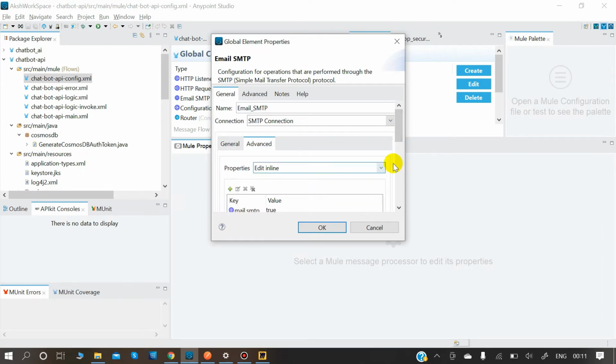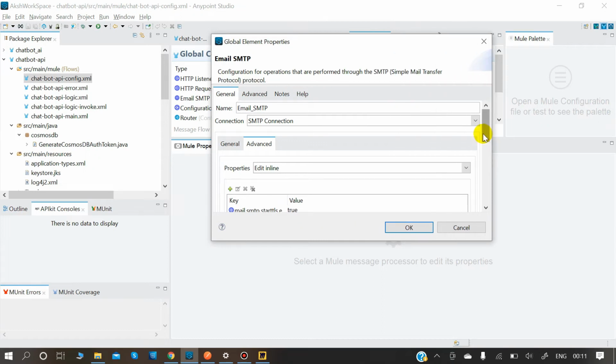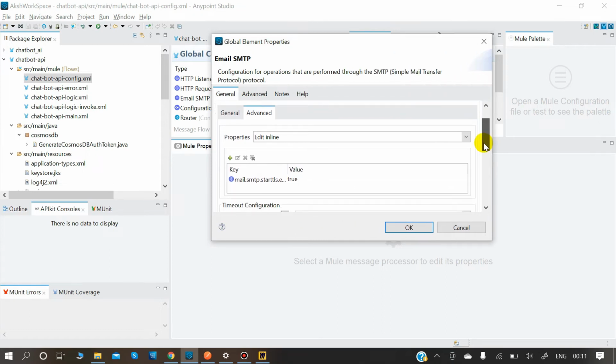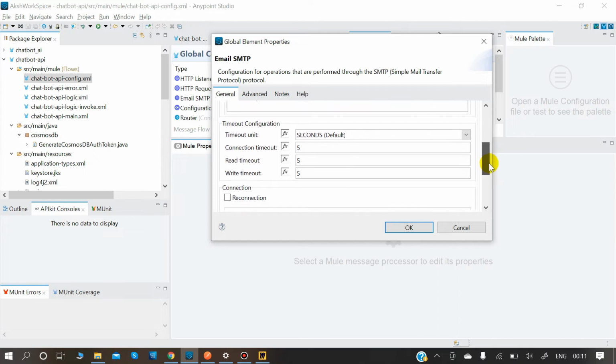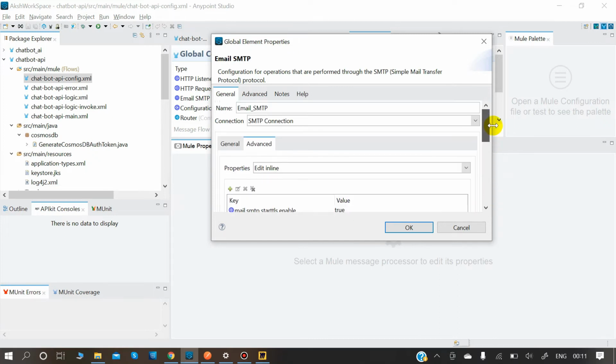So when you want to send an email using Gmail, this particular property you need to set: mail.smtp.starttls.enable to true. This was one of the things that I wanted to show you all.